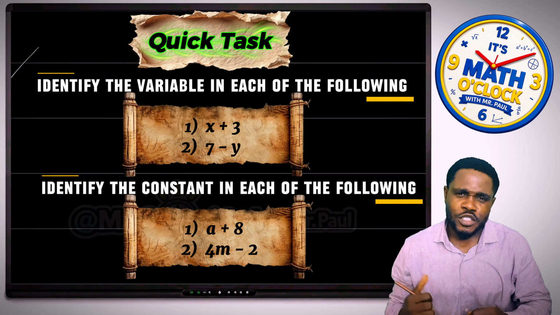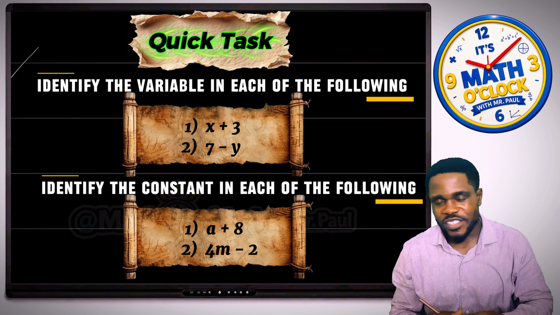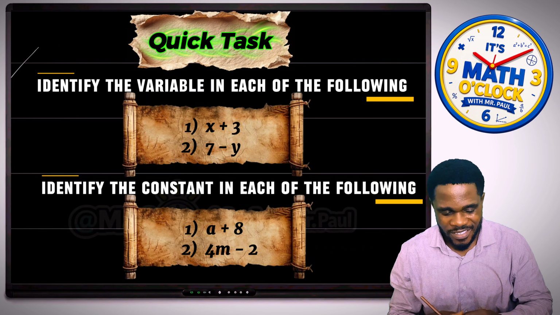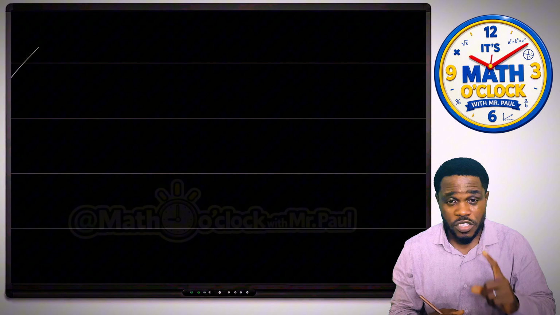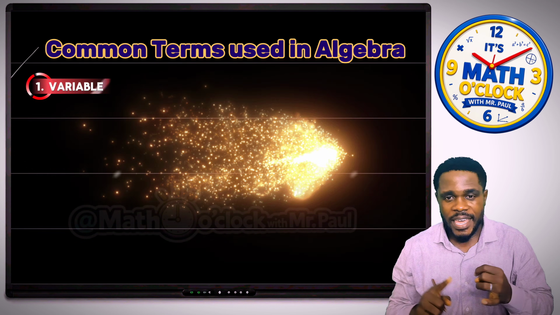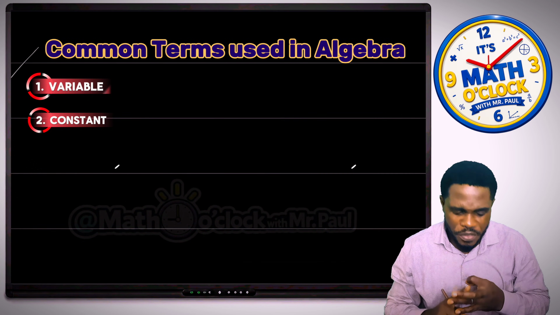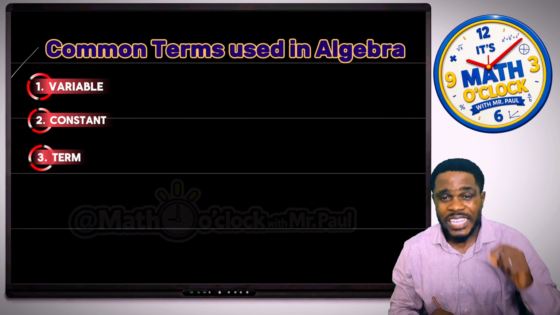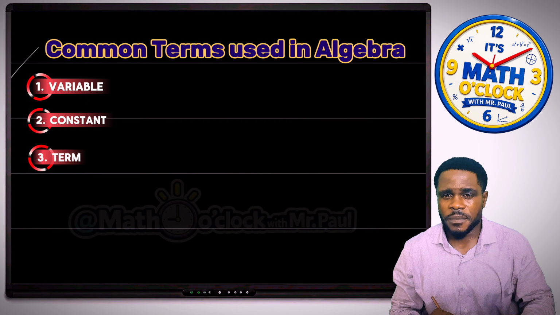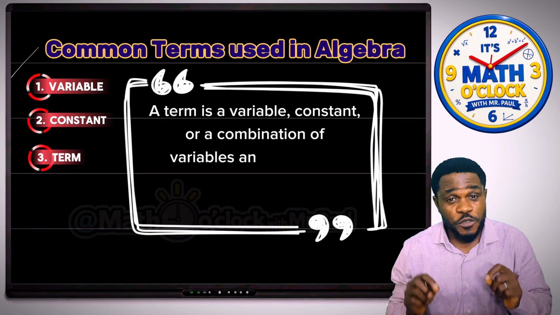Wow, beautiful. Now that you've done that successfully, you can see that it's quite easy. So let's proceed further to discuss more of the terms. We've just listed 2, variable and constant. Number 3 we'll be looking at is term. You must have heard of the word term. What is a term? A term is a variable,